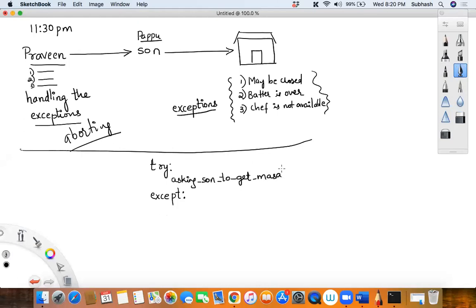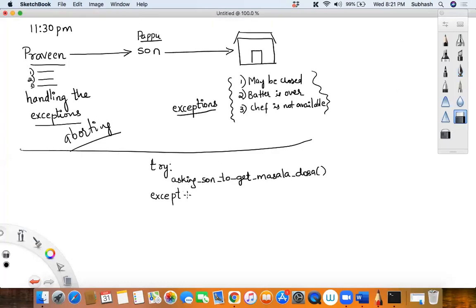This is the actual action that has to be taken, and it is written as part of the try block. Is that clear? What does the try block contain? The actual action that has to be taken, correct?